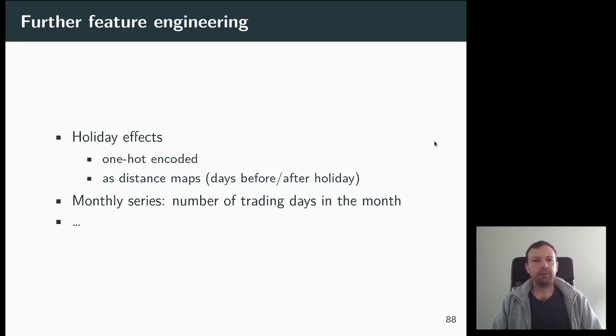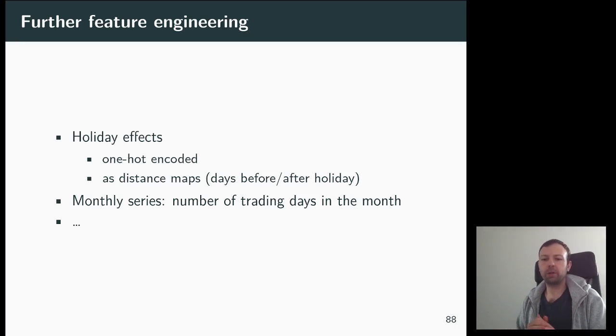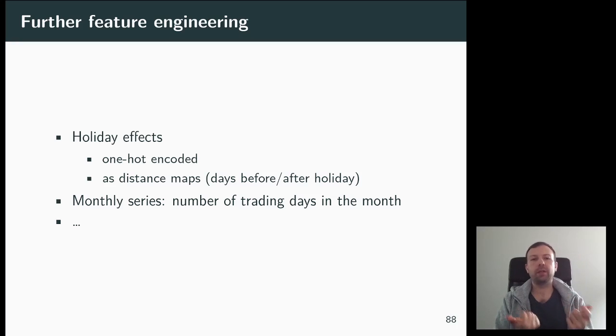And then, yeah, I mean, feature engineering, obviously, people get quite creative. So you can obviously feed in holiday effects. You can have them one-hot encoded, so you have a variable which tells you which day is Christmas, which day is New Year, or just a variable where you throw all these holidays into one pot and you say, is it a public holiday, yes or no? You could also have distance maps for the holidays, as in